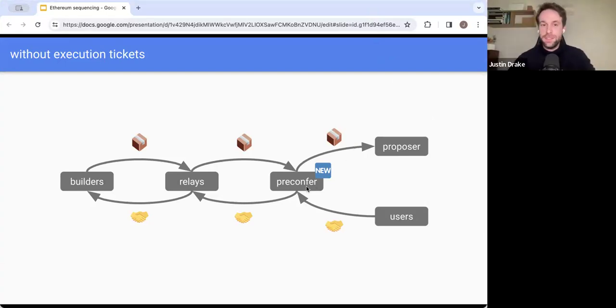So in what I suggested, there's only one preconfer, and you can tell it by the lack of S. So builders is plural, relays plural, users plural, but the proposer has monopoly power over the next slot, and the preconfer has also monopoly. So there's only one of them. And in some sense, you can only really have preconfirmations if there's one of them. The reason is that we're doing preconfirmations on state, not just on transaction inclusion. If you're doing it on transaction inclusion, then sure, you can just merge the two sets. But if you're doing preconfirmations on state, you could have two inconsistent transactions that can't both simultaneously execute as promised. And so in my opinion, the best design is to extend the monopoly power of the proposer to the preconfer.